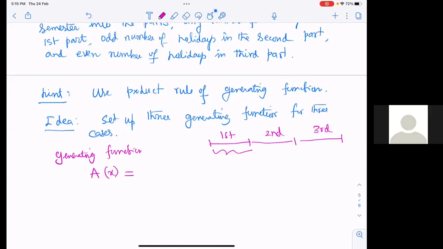Why is that? Because what is the meaning of the generating function? The coefficient of x power n should determine the number of ways you can give holidays. Yes, so the first example that you said, it means the number of ways you can give holidays is 1. So that's not correct, right? No, so